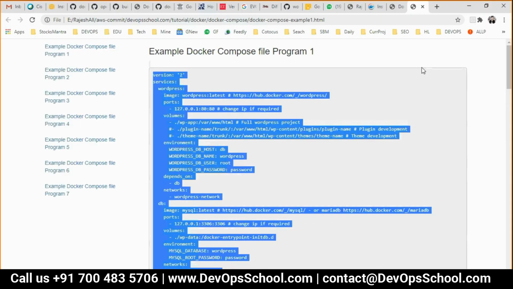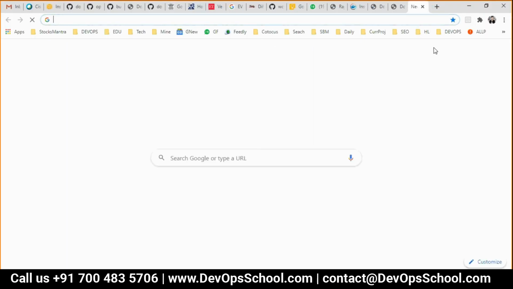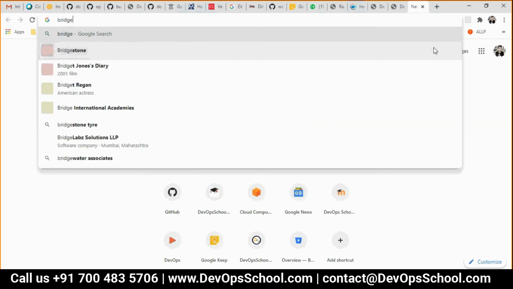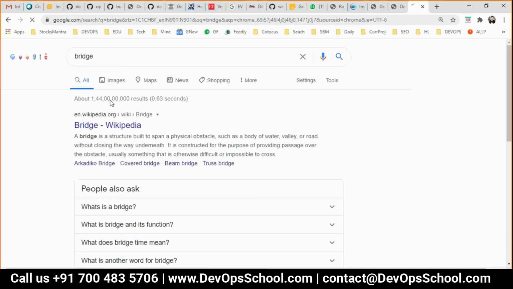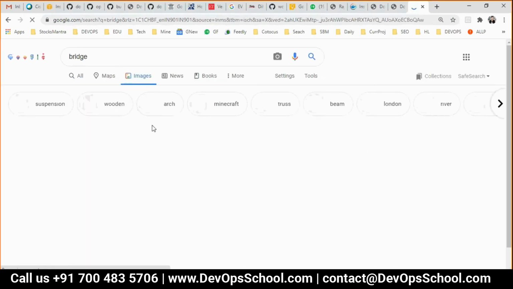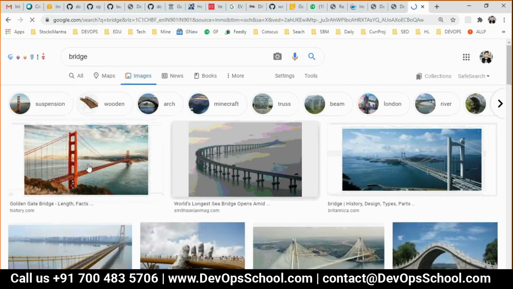Now the question is, what is a bridge? You must be asking. Think about it. This is the bridge. What is this bridge doing? Connecting two landmasses. A bridge always connects two landmasses. So you can go from one landmass to another, and back again. Simple.